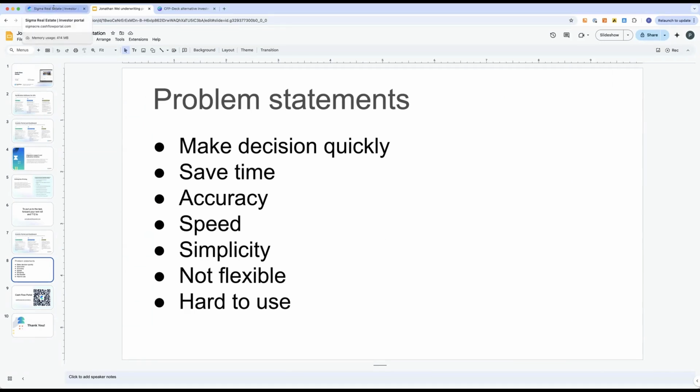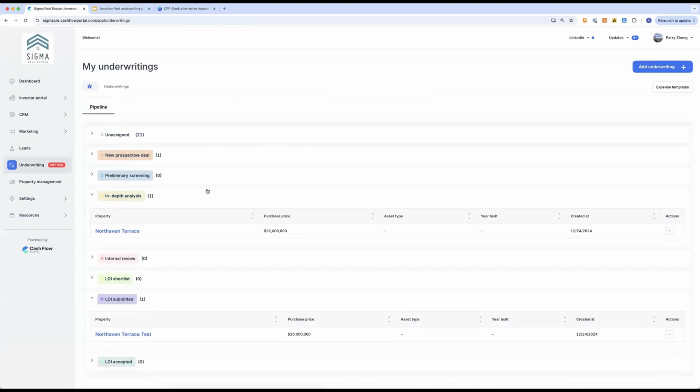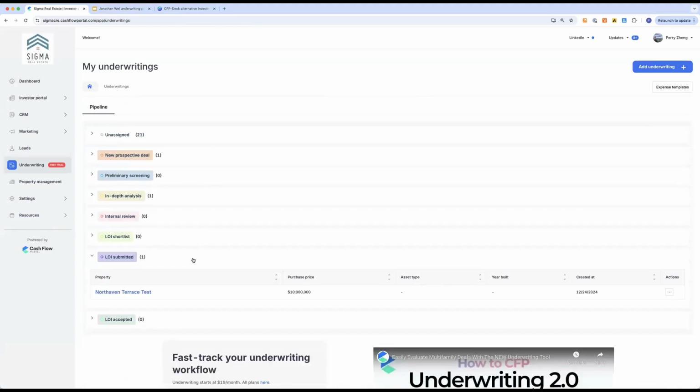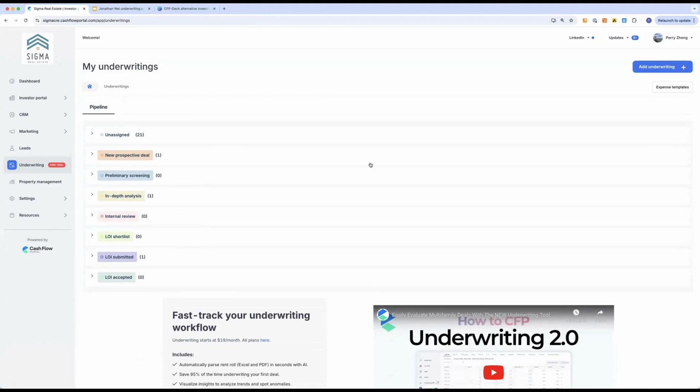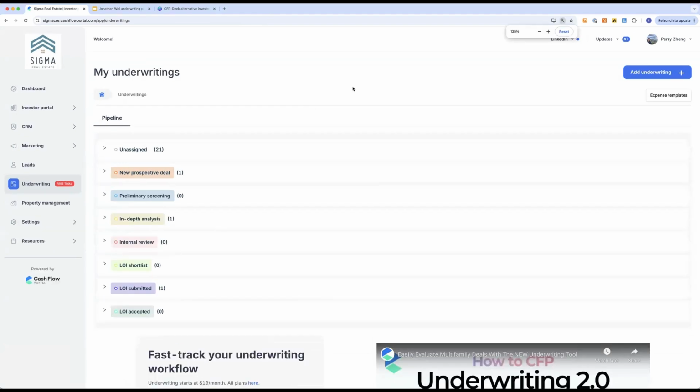So let me walk you through how that looks. Okay. Any questions? Do you feel like you resonate with the problem statements? I do. I love it, Perry. I love your innovation, and this is what I'm looking for. So long as I can do what it's saying, this could be a great tool for people like myself. Okay, cool.